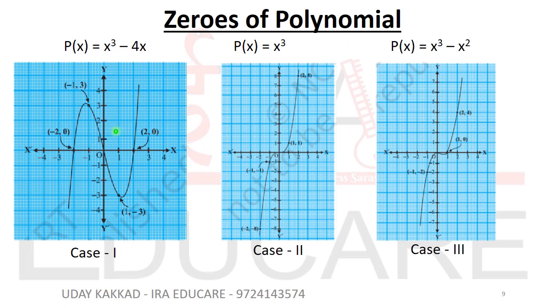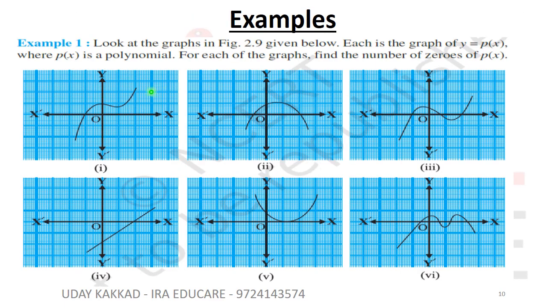So here is the graph. This is the graph for x cube minus 4x. So here is the 1 point, 2 point and 3. All the 3 points, the x-axis is going to intersect. So here are the 3 cases. Here 1 point, here 2 points, and you can try yourself by drawing this graph. This graph is taken from the NCERT book, right? From the example. This is all our cubic polynomial.